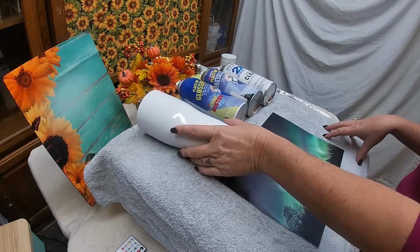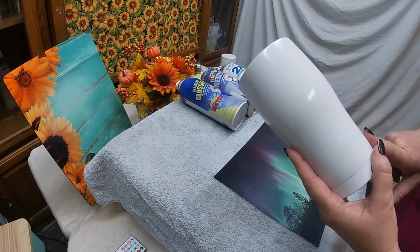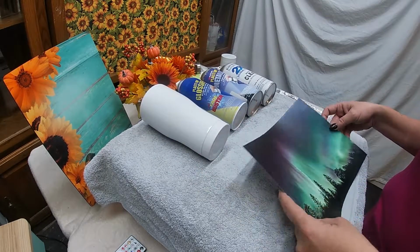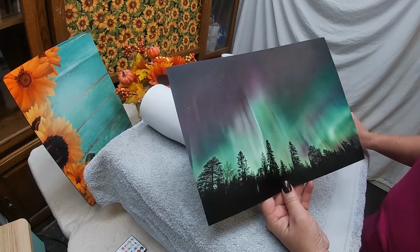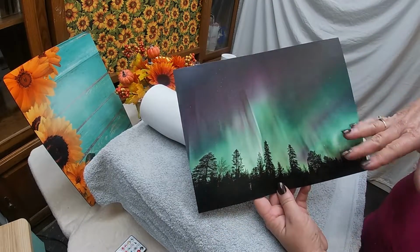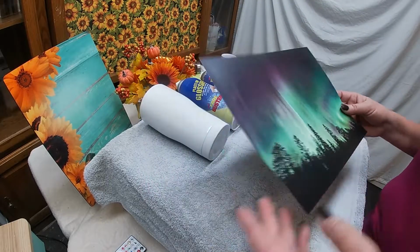Today we're going to be working on a 20-ounce hog that I've already painted white. This has not been epoxied. We have a full image. I'm going to call this my cheat method for the Northern Lights. Everyone's doing this image in glitter, and I'm going to do this on a full sheet of WaterSlide